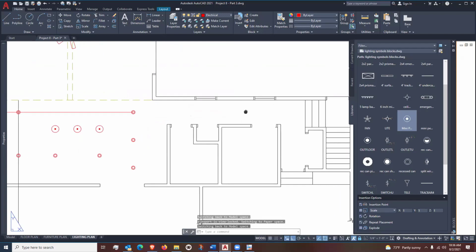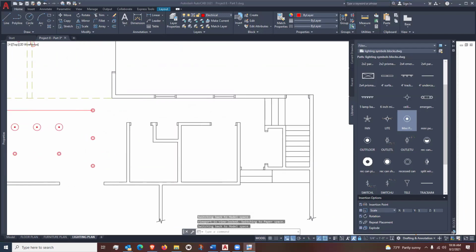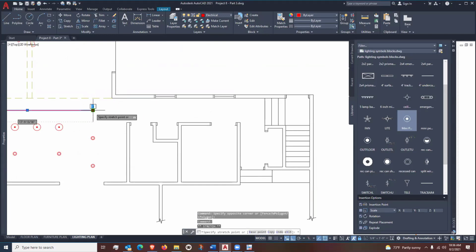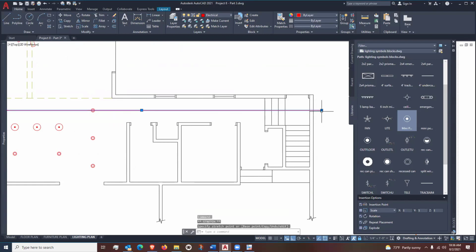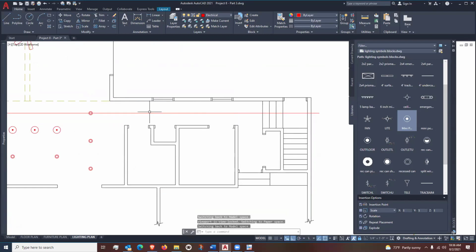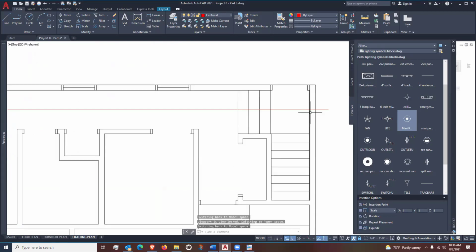Now I've got some lighting that is going on in the hallway here. And the first thing is that these light fixtures in the kitchen here align. So I'm just going to extend that guideline to help me locate these light fixtures. So the first one is 1'9" away from